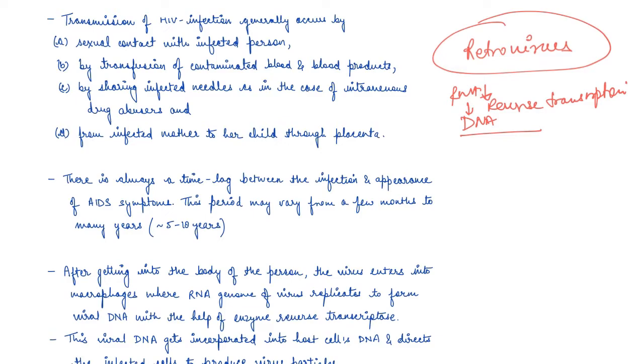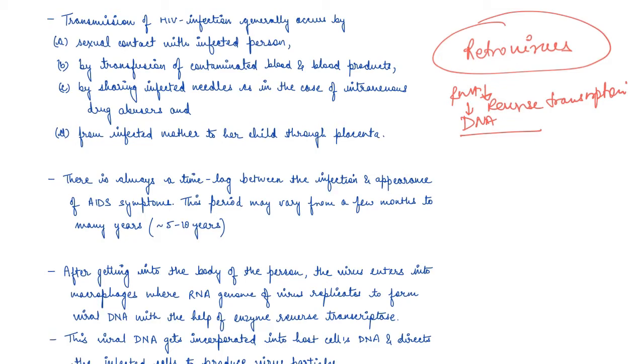In the case of AIDS, this period may vary from a few months to even 10 years, right? In many people the symptoms start coming after 10 long years,